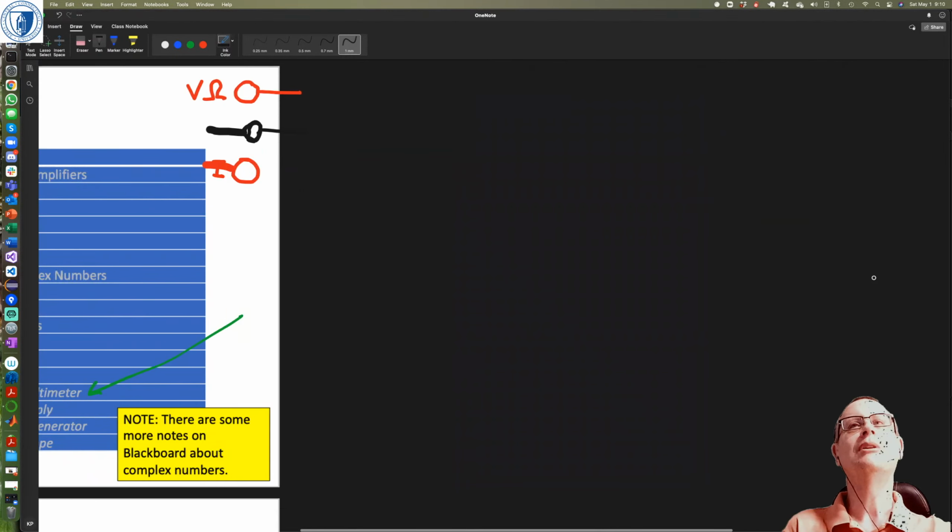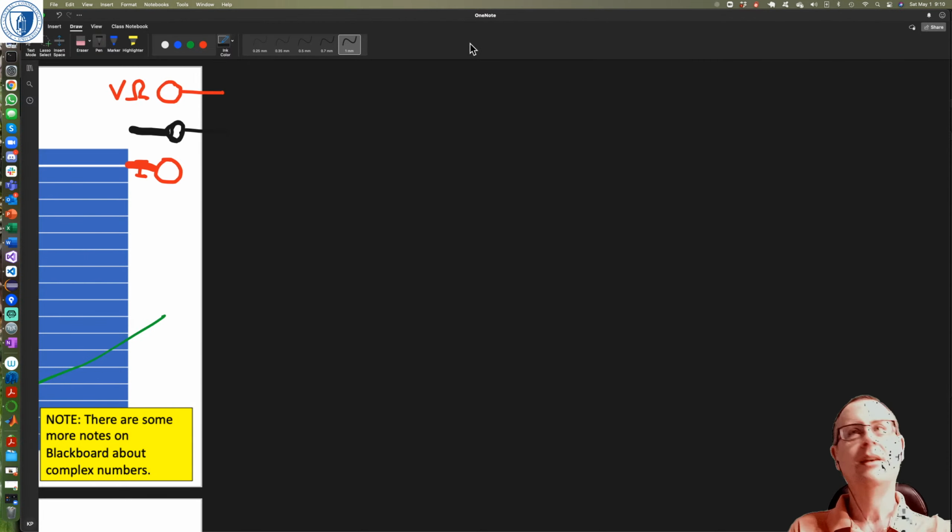So the thing with measuring stuff is that you don't want the thing you're using to measure to impact, in this case, the circuit. You want to measure the circuit as it is rather than the circuit with something else connected to it. So let's just draw a circuit. I probably should use the thinner version of that. If you have a circuit,